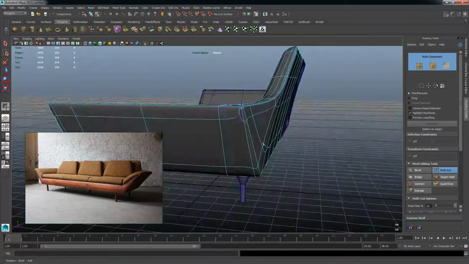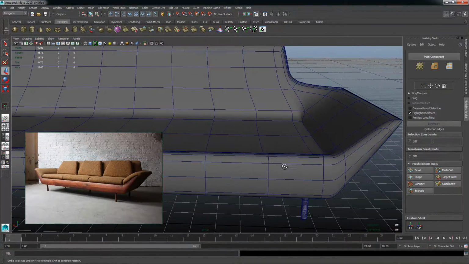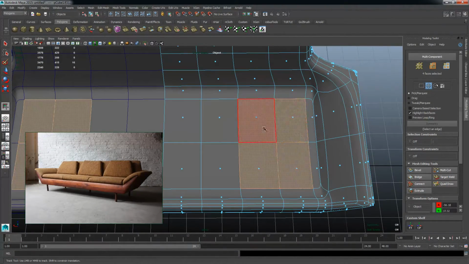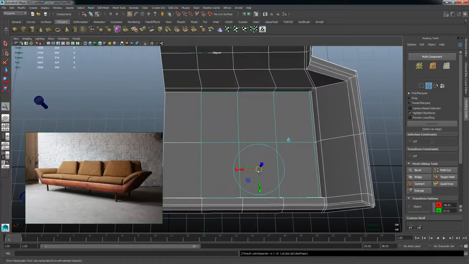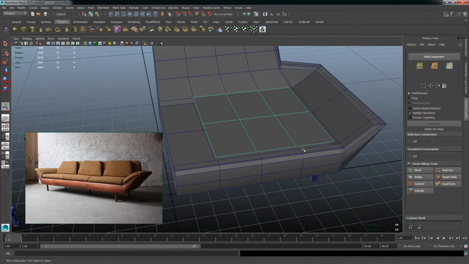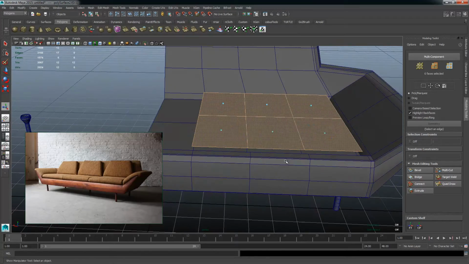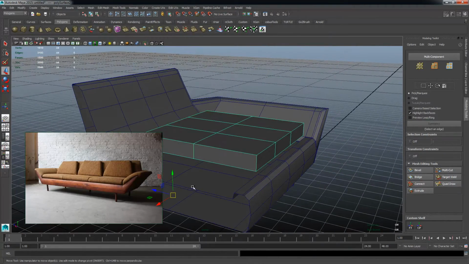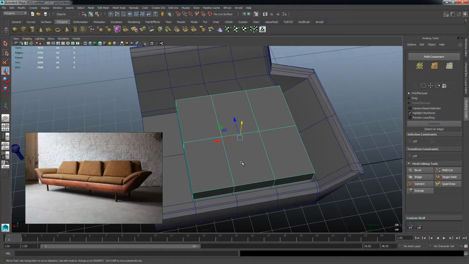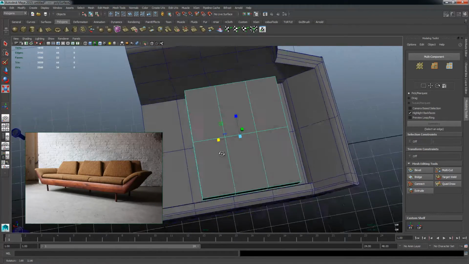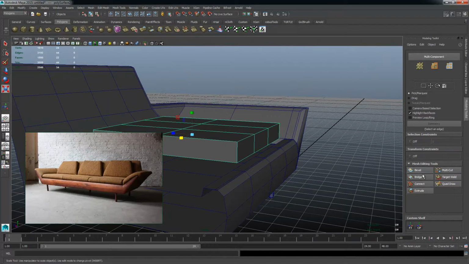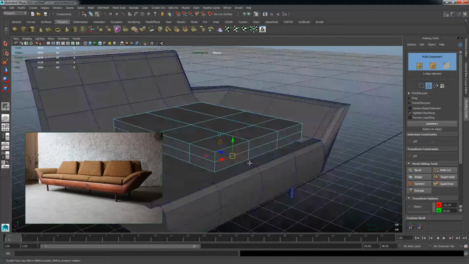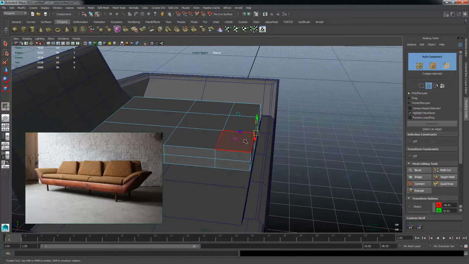It was looking good. I was happy with the result, and at this point I felt like, hey, why not create the pillows? And I'm actually making use of the duplicate face tool. You can access that via the shift right click menu. Again, when you have a certain set of faces selected, you can actually duplicate those same faces off of the surface of the model, actually making a perfect copy of existing